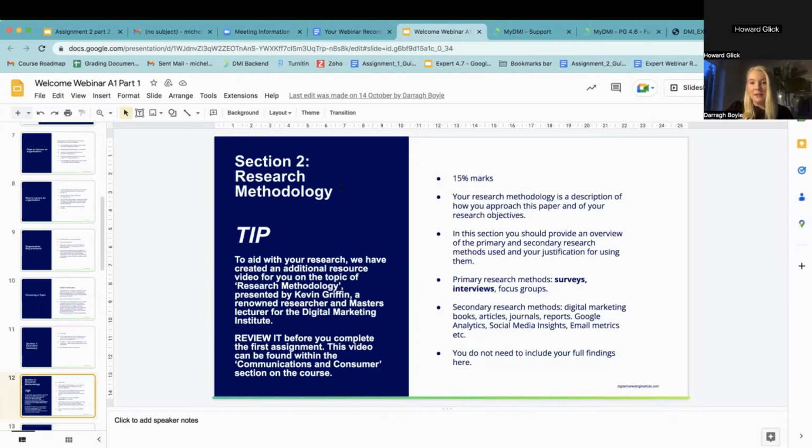And what's important here is that you transcribe all of these, you keep all the scripts, you keep the surveys, you keep any interviews, any emails back and forth, and you document them all and you put them in your references. And you're going to create a really strong sense of what you've done, your processes in your references, and then refer off to them from the body of your assignment.